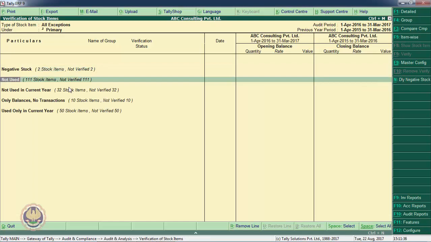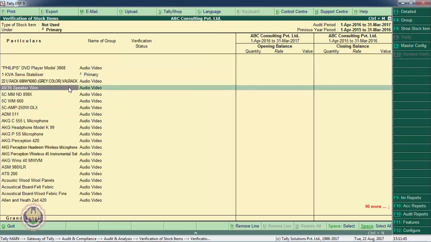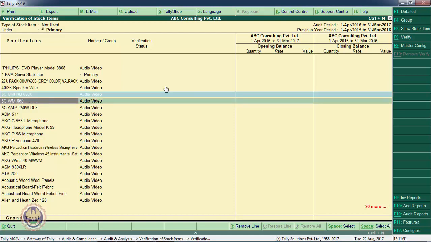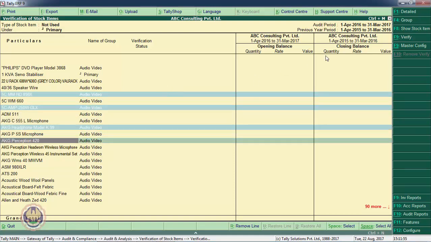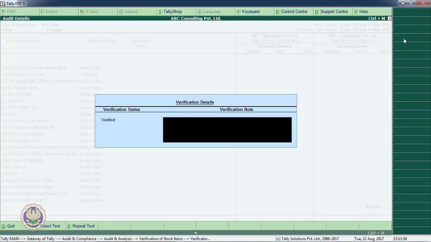Not used. There are certain stock items which are not used as well as not verified. Not used during the current year. I can press enter here, and just like verifying the ledger data, I can verify the stock item data also. I will select here. I can select multiple items by pressing the space bar. Verify. I can click on this verify button and I can verify it.